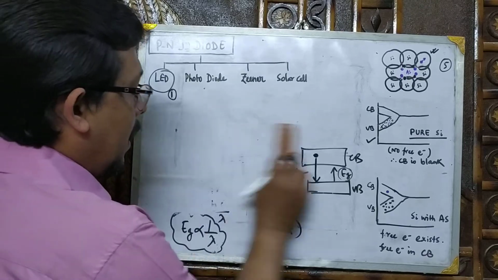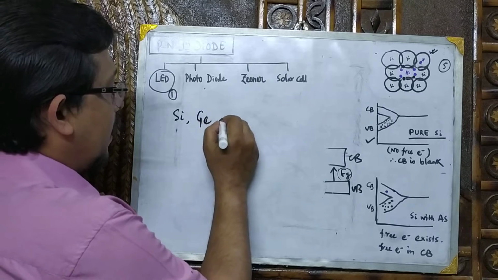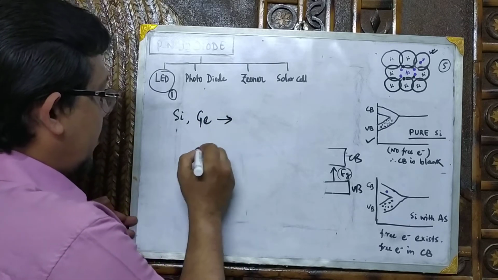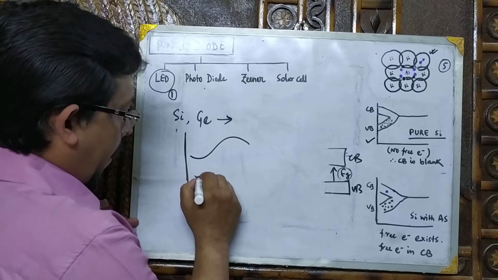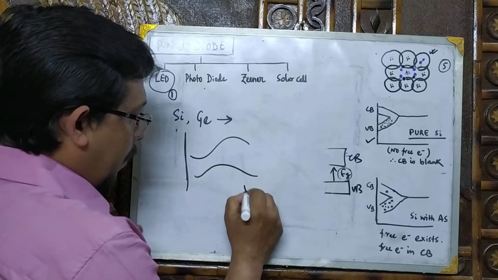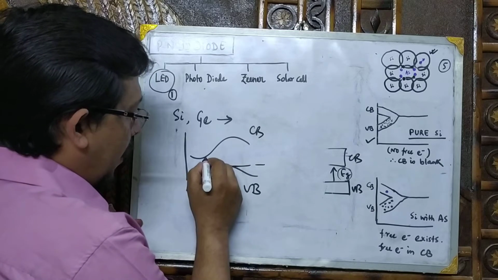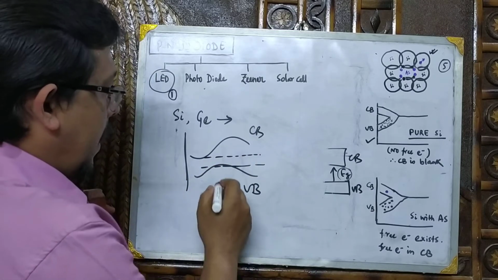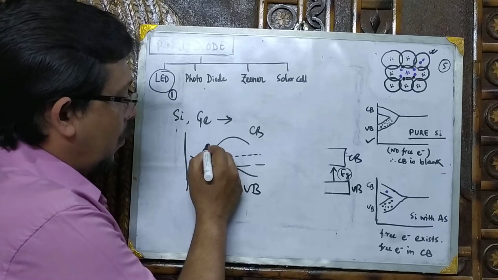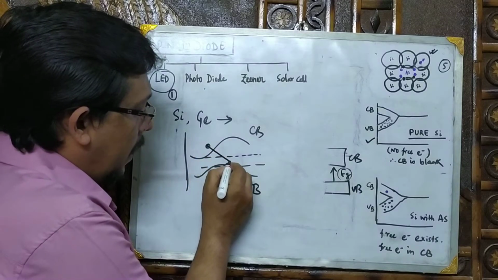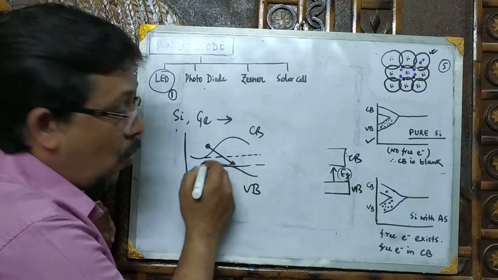Now regarding the material, let me give one idea. Suppose I use silicon and germanium. We can write in this way. This is our valence band, this is our conduction band. Here the top level of the valence band and the lower level of the conduction band have a difference of momentum of electron, so that when the electron jumps from the conduction band to the valence band, the energy is used to change the momentum of the electron.